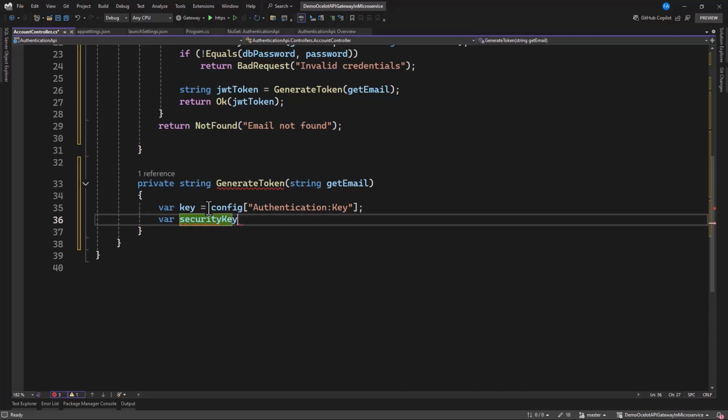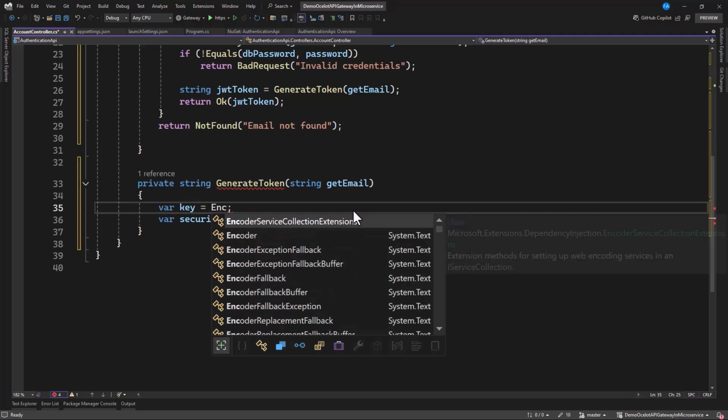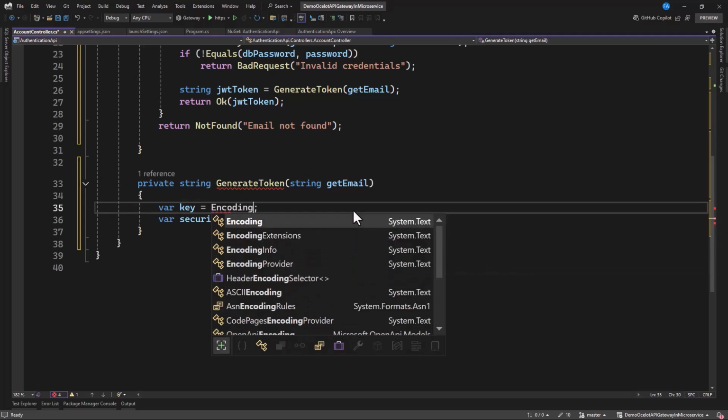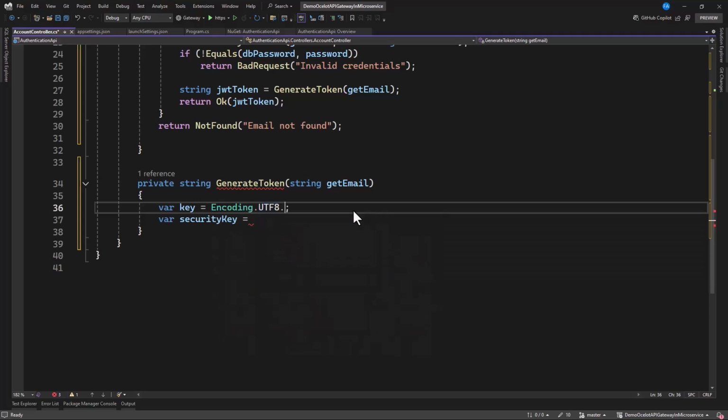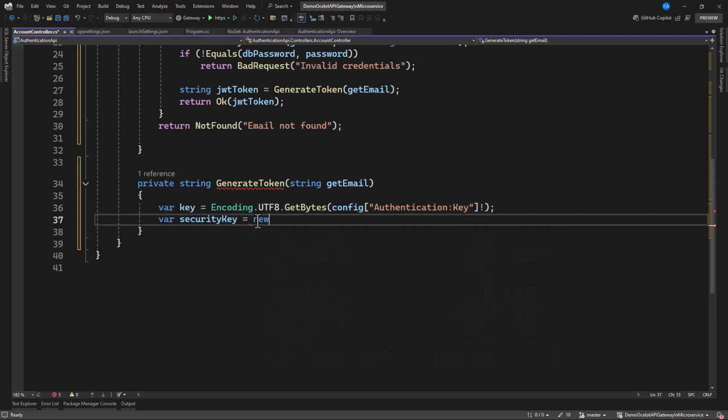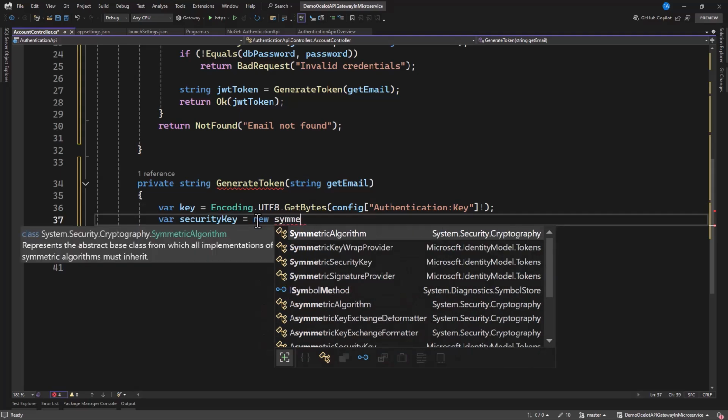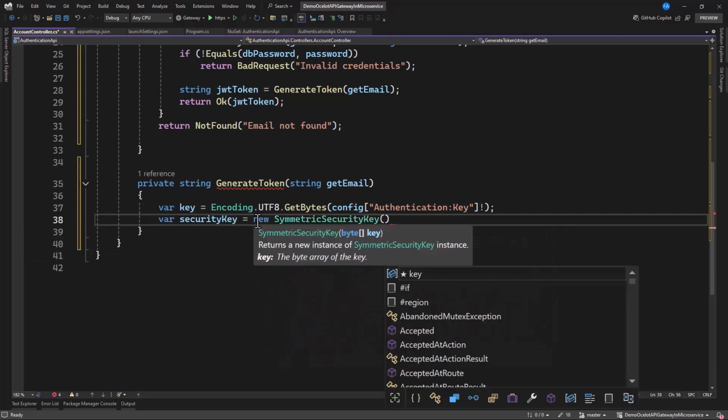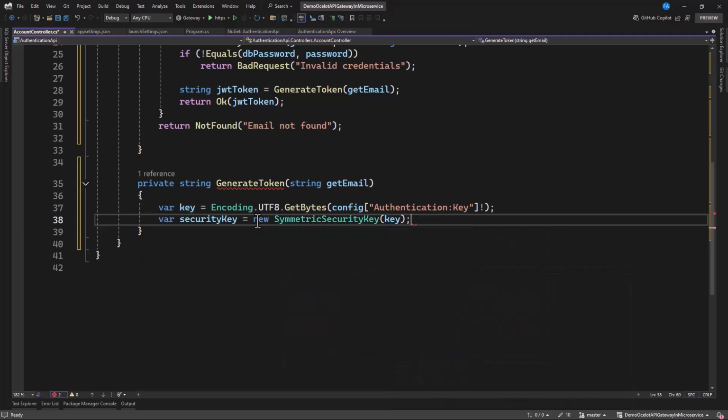So the security key here, but before we get this key, I think this key we have to get encoded. So you can grab this, and I will say this is encoding.UTF8.GetBytes. Then let's paste in like that. Let's make it check for now. Okay, so let's have a security key, and this is going to be new symmetric security key. Now let's specify the key that we have in there. So from that, we need to create credential.